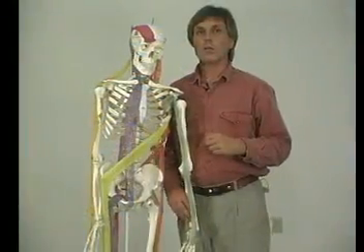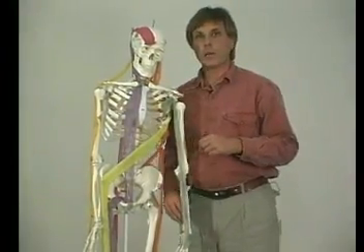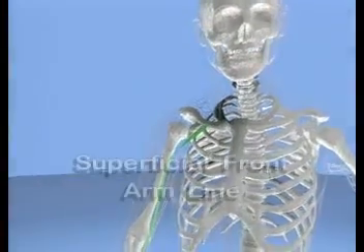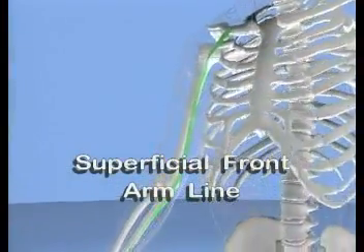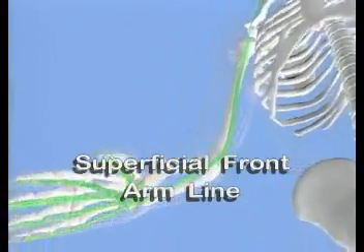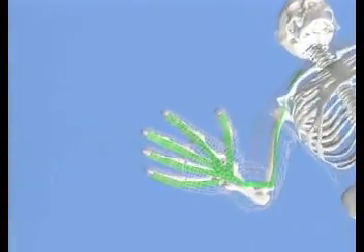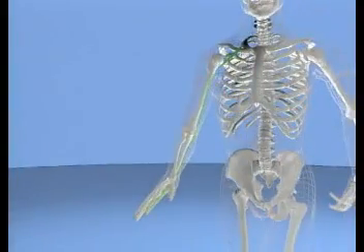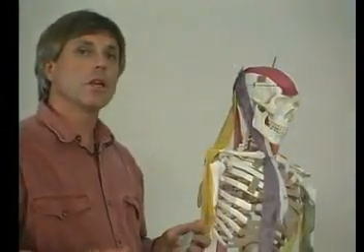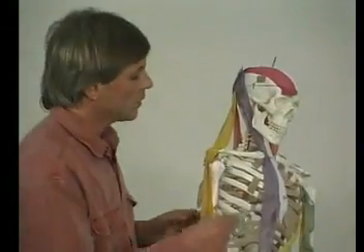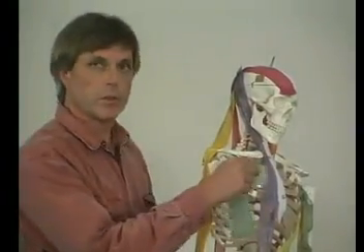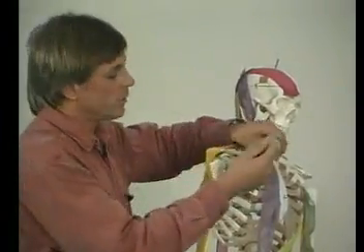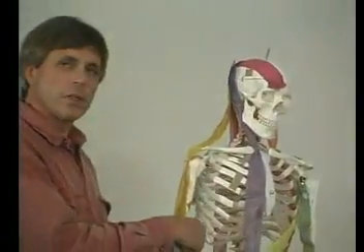Okay, so now let's go look at the superficial front line of the arm. The superficial front line of the arm starts with several familiar muscles. You have the pectoralis major in the front coming this way,